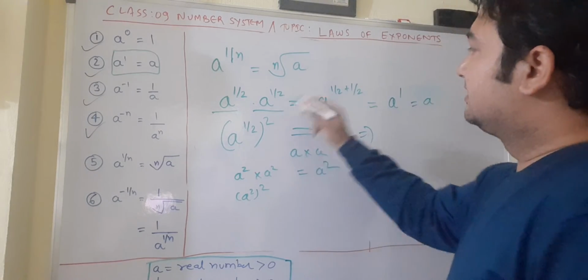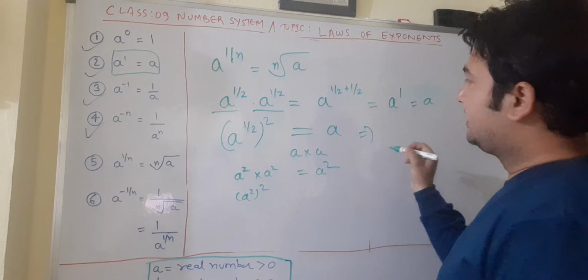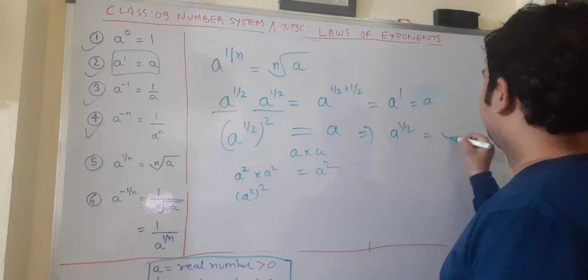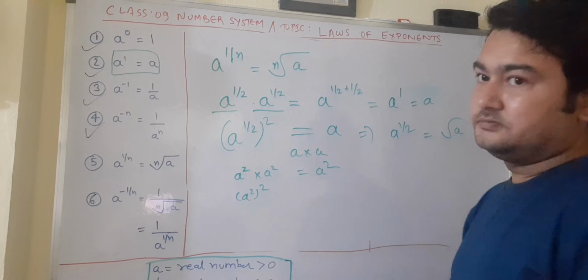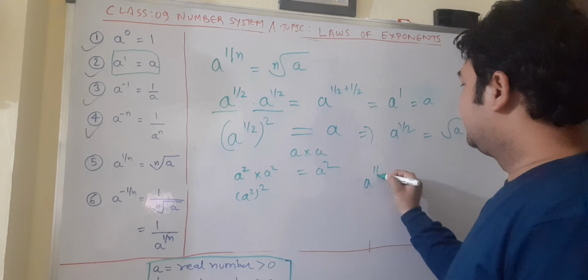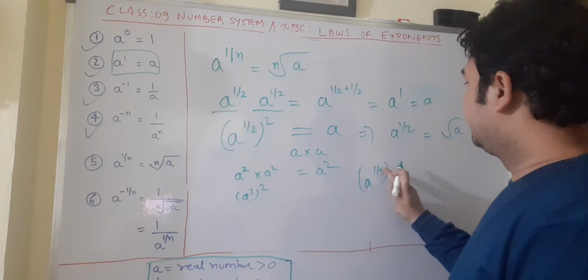By transposing this square to the opposite side, it becomes a to the power 1 by 2 equals root of a. Similarly, if it is a 1 by 3 cube or a 1 by 2,